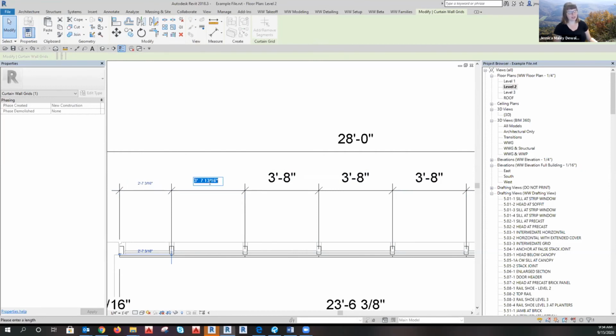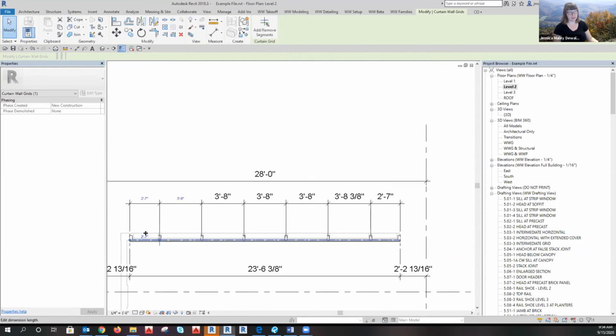So I'm going to say actually for this project that the spacing is supposed to be 3'8" everywhere, and maybe the architect just made a mistake, they had a rounding error. So select your curtain grids and type in 3'8"